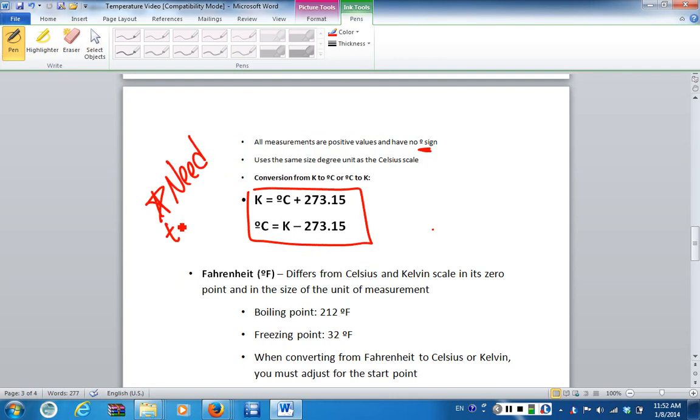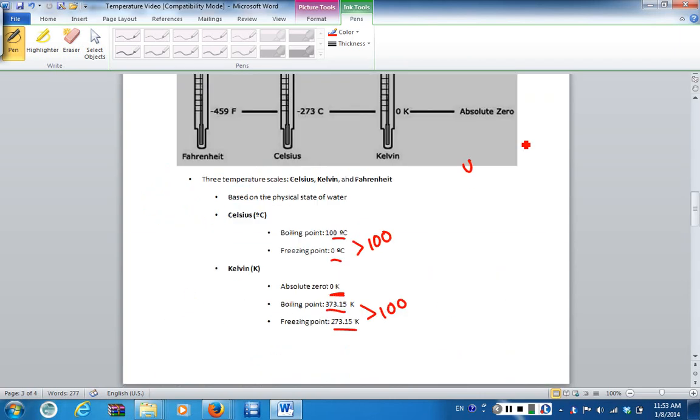And make sure that you know these, because we will be using them throughout the semester quite a bit when we start looking at gases and also heat. But basically, it's a way to convert between Celsius and Kelvin. Because the Celsius and Kelvin scales have the same difference in units, meaning 100 units between boiling and freezing,